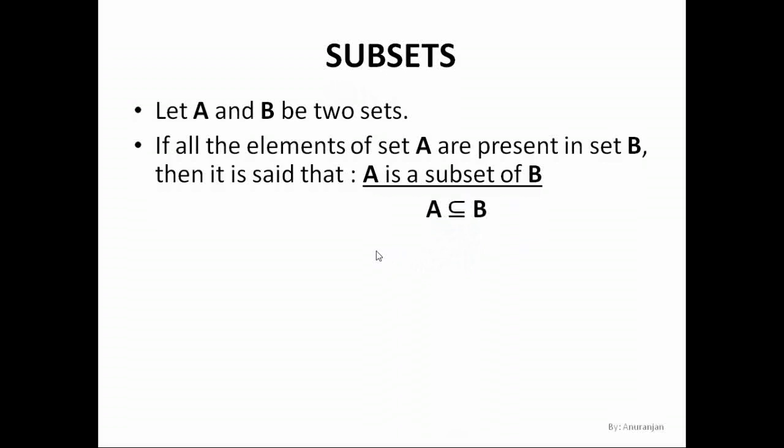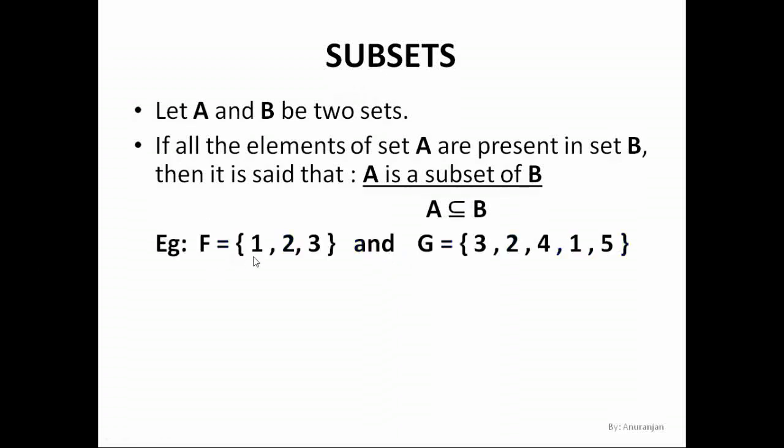Now let's take a look at an example to understand this better. F is equal to {1, 2, 3} and G is equal to {3, 2, 4, 1, 5}. Now here, all the elements of F we can see are present in the elements of set G. 1, 2, 3 and here we have 1, 2, 3. So we can say that F is a subset of G because all the elements of set F are present